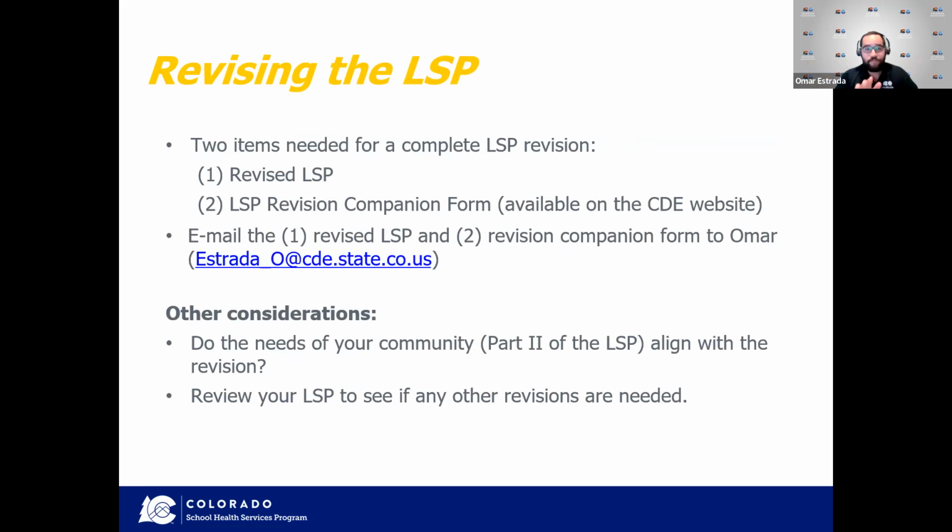The new thing, though, is that second point, number 2, the LSP revision companion form, which is something that we've included as of January 1st of this year. And that is just to improve the historical documentation line of these LSPs. So in the past, we would just email back and forth. We would revise the LSP and try to document the best we can with email chains and all that, but it was a little messy. So now we have this revision companion form, and that allows us to not only have better document history, but to also better support you all, just to understand the history of an LSP in a district